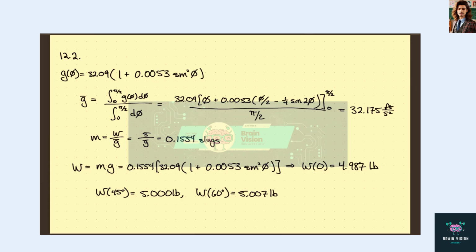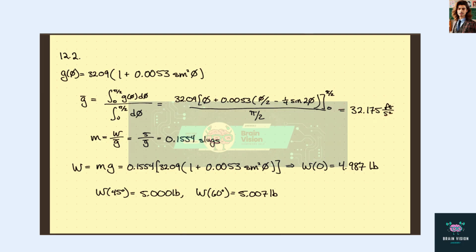We can average over from 0 to pi over 2. Obviously it's symmetric, so we can just take half the range. So we integrate g from 0 to pi over 2, and then divide by the length of the range, pi over 2, to get the average value for g. Doing that, we get this integral here. We integrate this, and we need to evaluate it between these limits. And in the end, we get